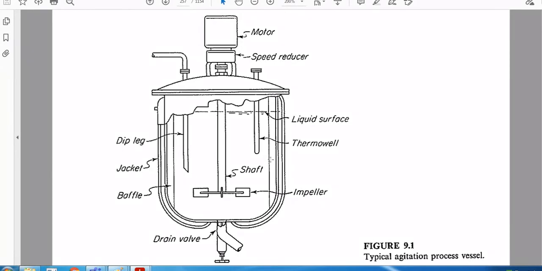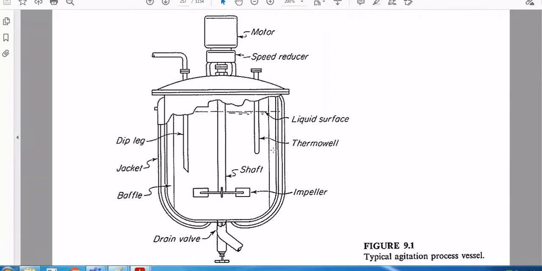So here you are going to introduce a thermowell. So what is a thermowell? Thermowell is nothing but a cylindrical pipeline inside the system, and inside it, the same processing vessel liquid you are going to pour, and then you are going to keep a thermocouple. What is a thermocouple? It is a tool by which we can measure the temperature digitally.